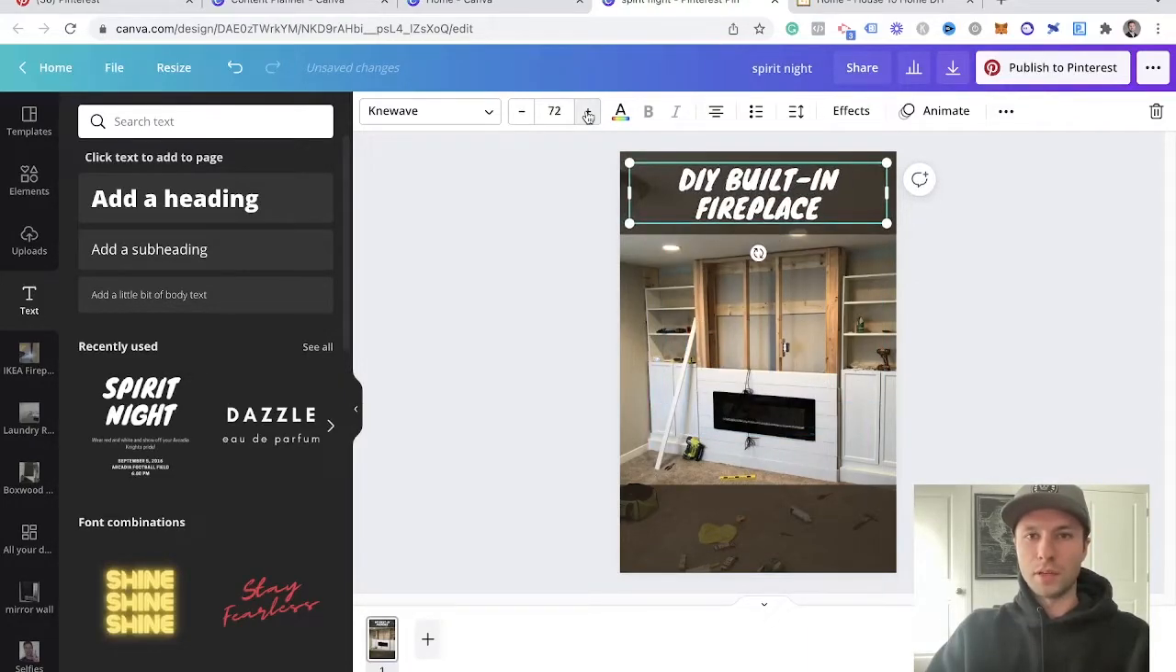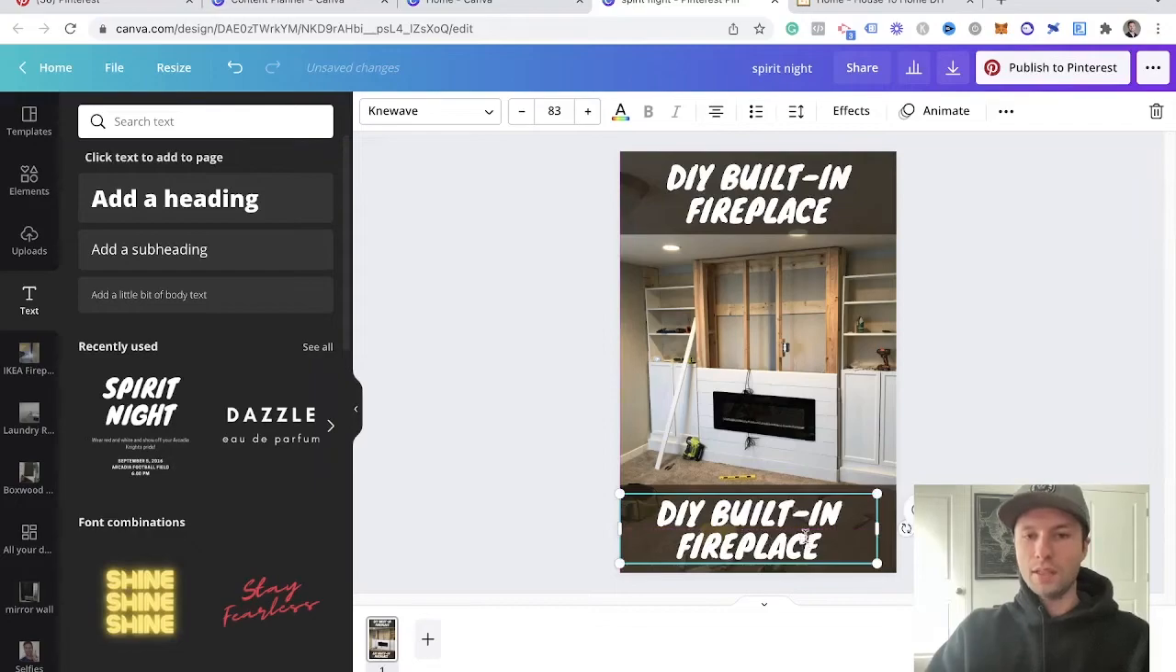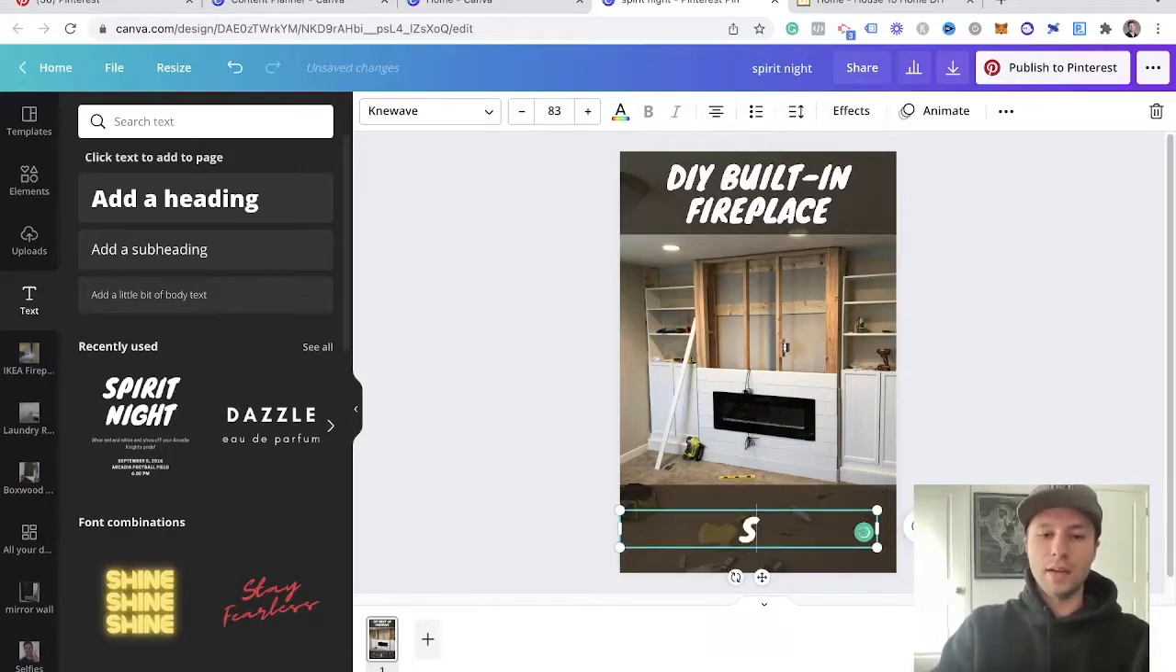Oh, I like that more where it's taking up the whole space there. Then we'll call that good. And then down here, we're going to take this same text. This is where they see the DIY built-in fireplace, and then I want them to know if they click on this that it's going to lead them to a guide. So I'm just going to say something along the lines of learn